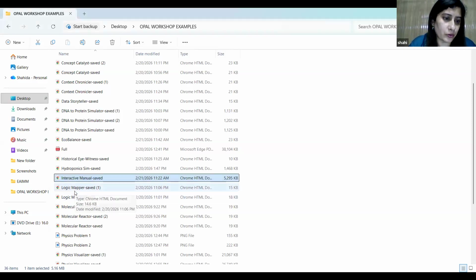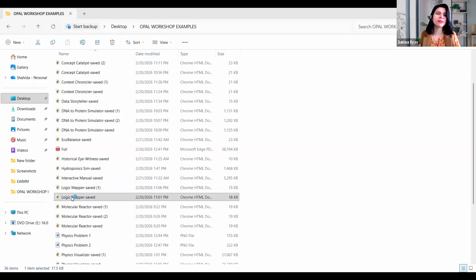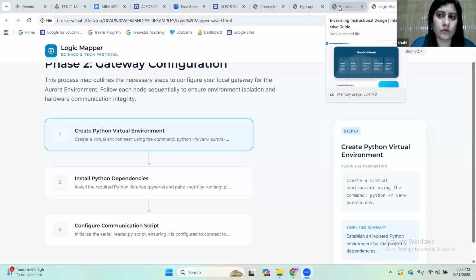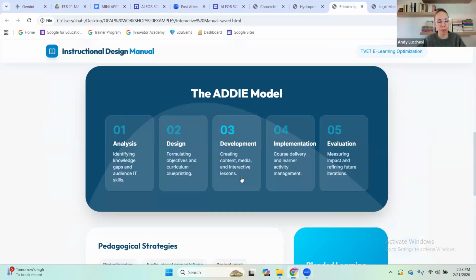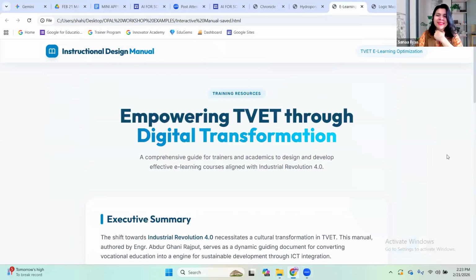Then there is another one, the logic mapper. Okay, so this is the base. This is a flow chart which it can create. We can just see your folder. We cannot see the logic mapper web page that opens up. Just hold on. Now we can. Okay, so then you must also not have seen the video. No, we didn't. Okay.